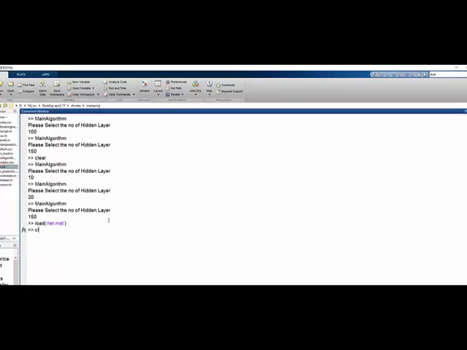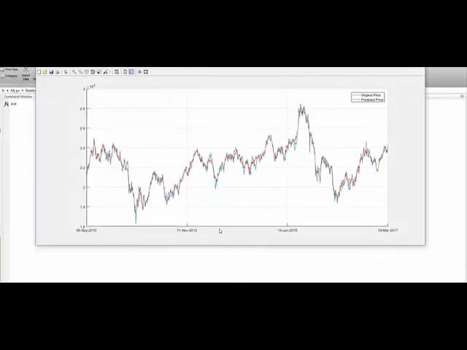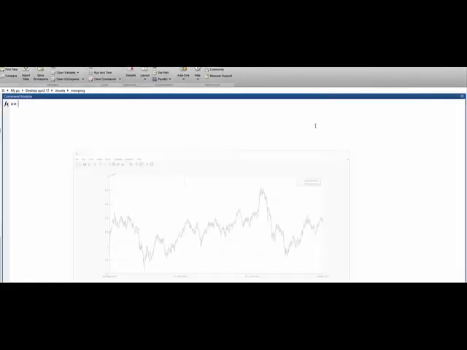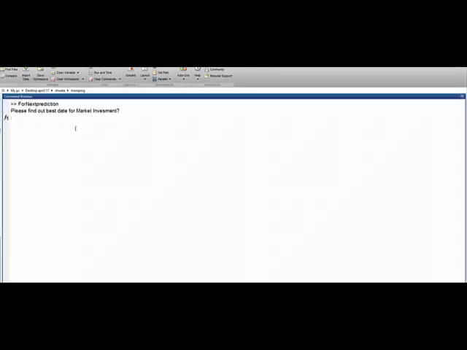Let's see what will happen if we want to make a prediction for next year, or for the next 2 years. What will be the closing price at the year of 2018, 19, something like this. So I'm going to run my prediction environment for the next time.